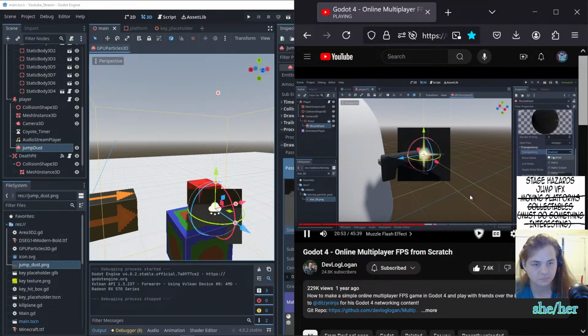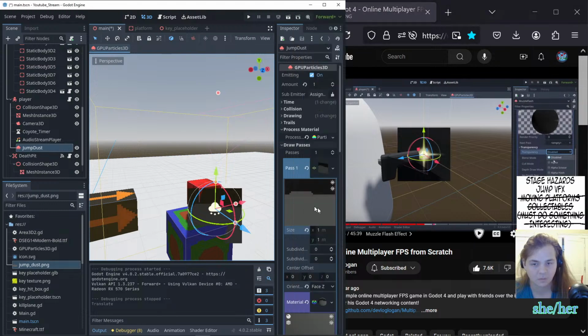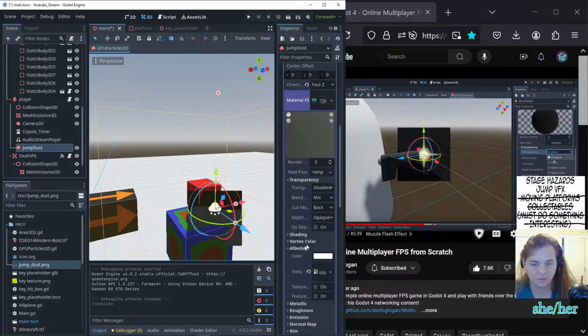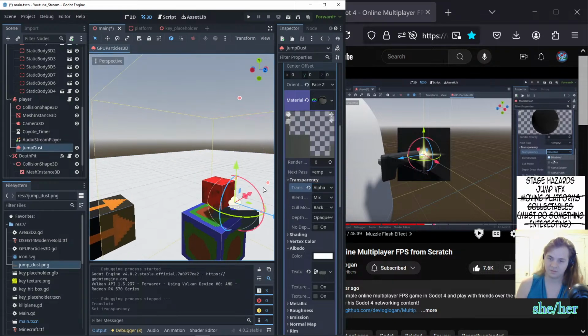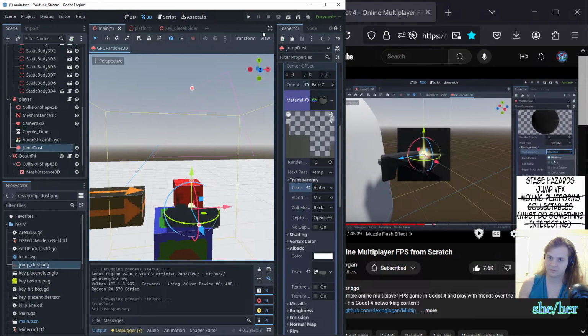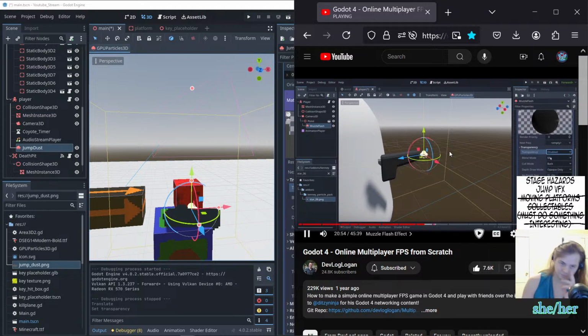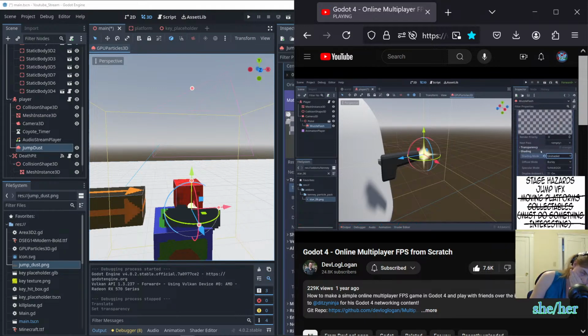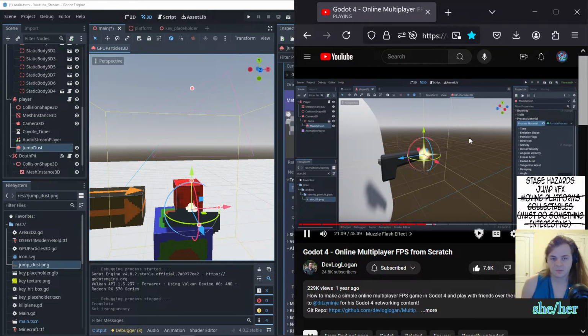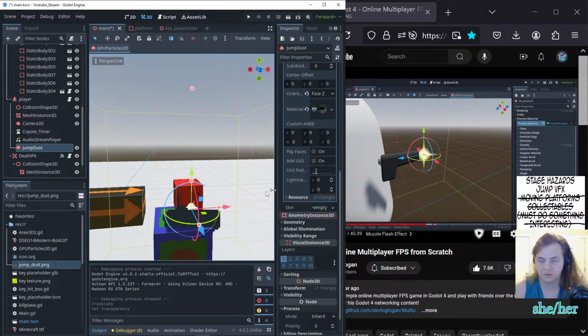And then transparency. I'll set to alpha. There we go. Okay, so that's more what I wanted. Shading, unshaded, vertex color, uses albedo because we're going to be using the color ramp from the particles material. Okay, and then we'll go over to the particles material right here. And so color ramp, right here, color. Okay, so now we just need to